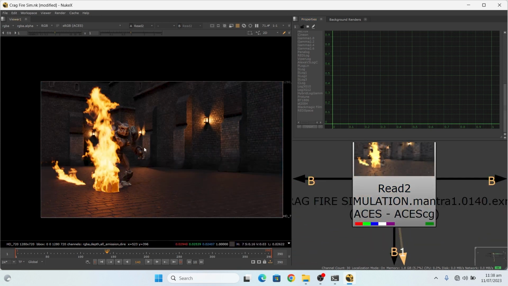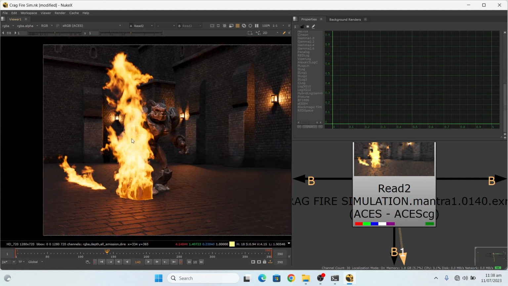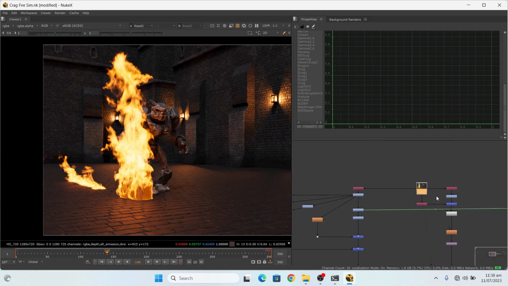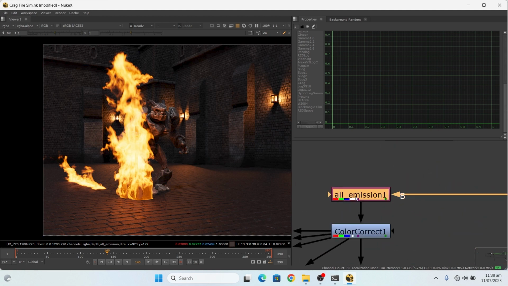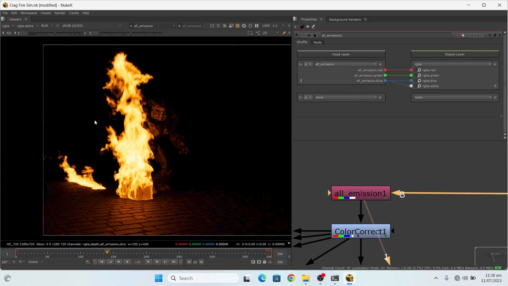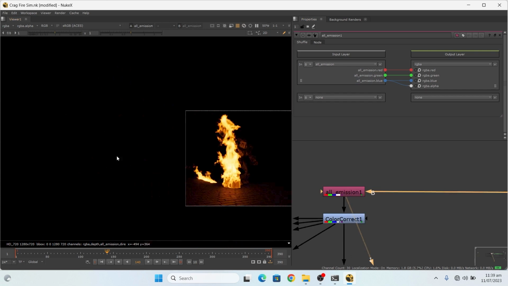Now this is the result that comes from Houdini after rendering. This is my result. Now here I add a shuffle node and change it to all emission because I render it with AOVs. So this is my fire on the separate layer,